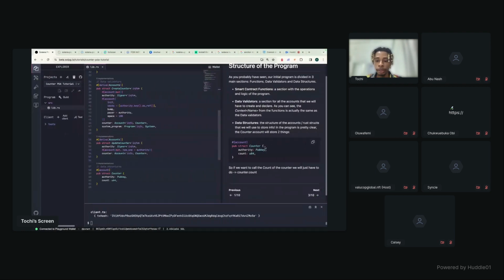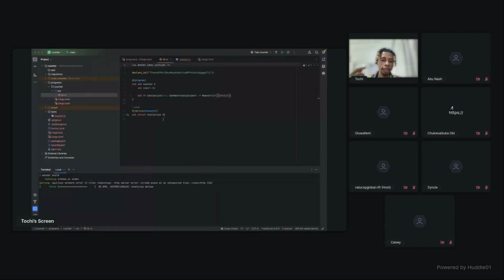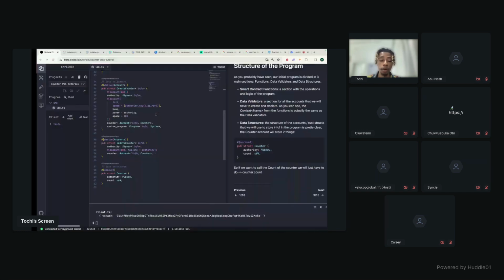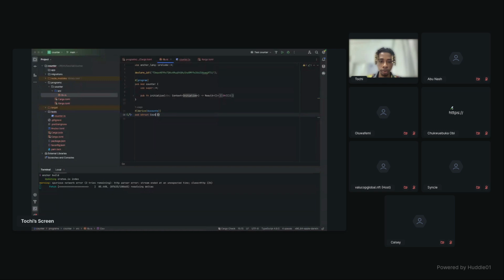Let's start. First thing, we need to create a struct that holds the authority and the state of the count. To do that, we already have something here called initialize. We're going to change this to our counter. This is stored as an account, a derived account, very normal. No, sorry, this is not what we are changing to accounts. We're going to create a different struct. So we create a struct called counter,